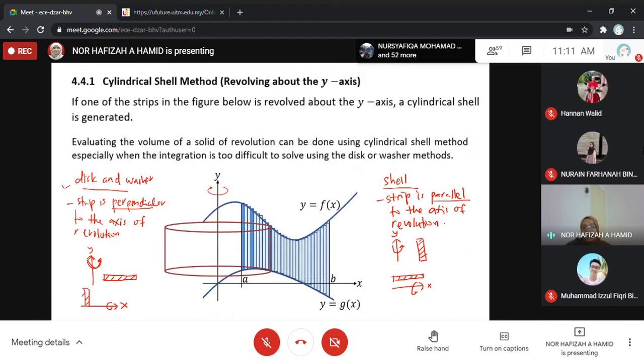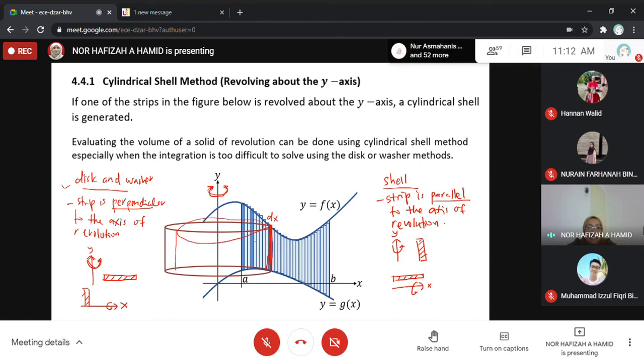Okay, so based on the shaded region, we need to solve using cylindrical shell method. So axis of revolution is at the y-axis. So we draw a strip parallel to the y-axis, so we can use a vertical strip. So vertical strip thickness is equal to dx. And when this strip revolves at the y-axis, it will form a